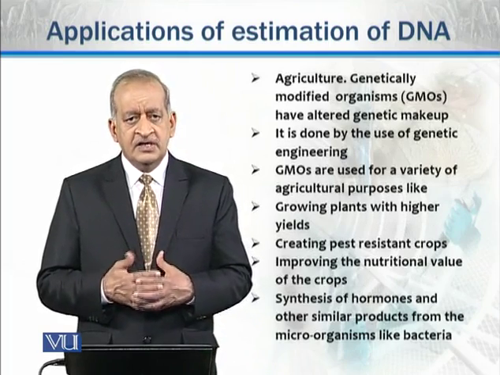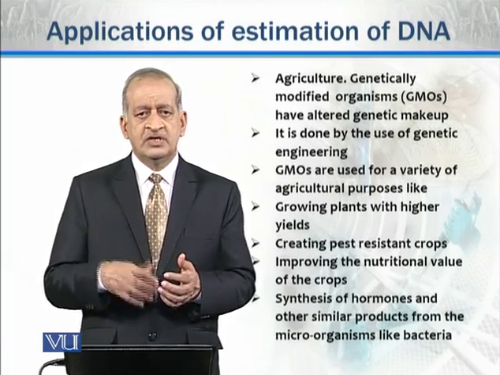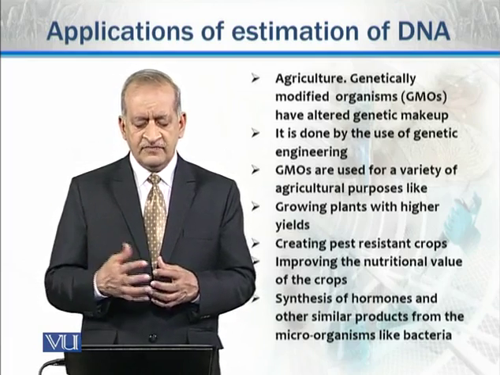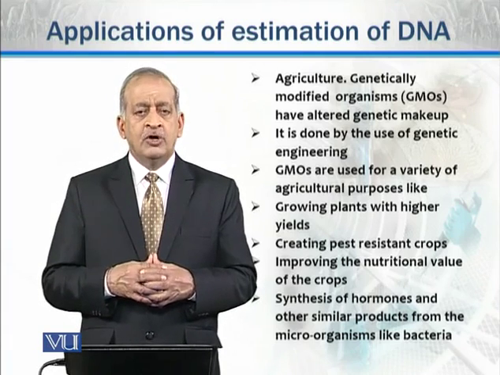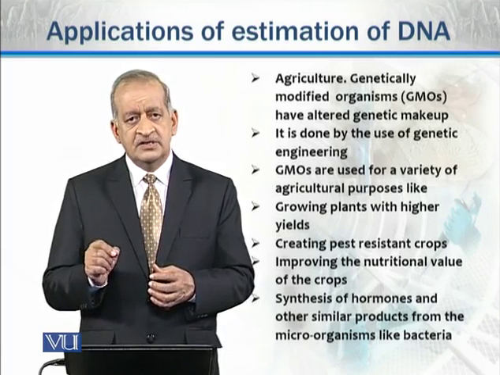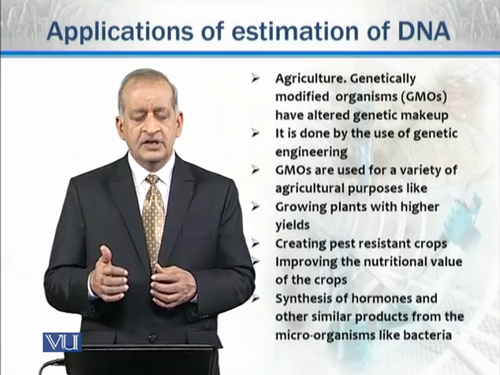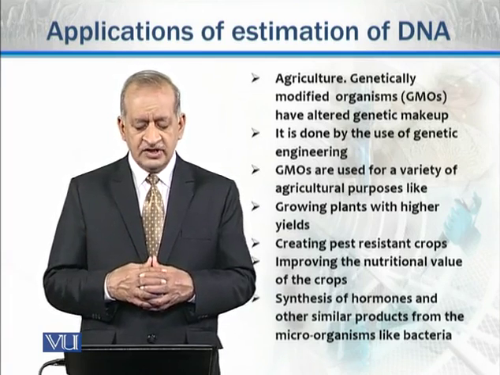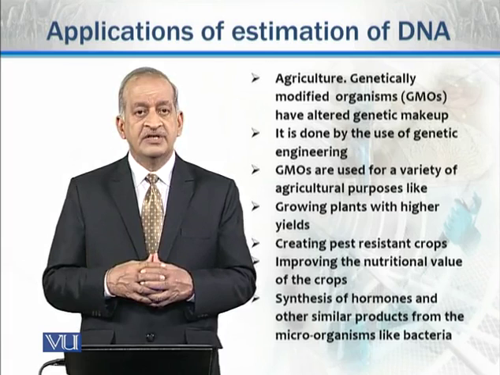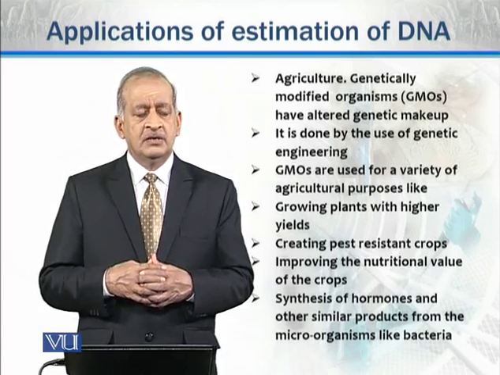Now, in agriculture, we all know that our life somehow in one way or the other depends on different plants and animals which are important for us. So genetically modified organisms, which are known as GMOs, have altered genetic makeup, and their genotype is altered to have desired characteristics in those organisms. This is done by the use of genetic engineering technique, and GMOs are used for a variety of purposes, like to